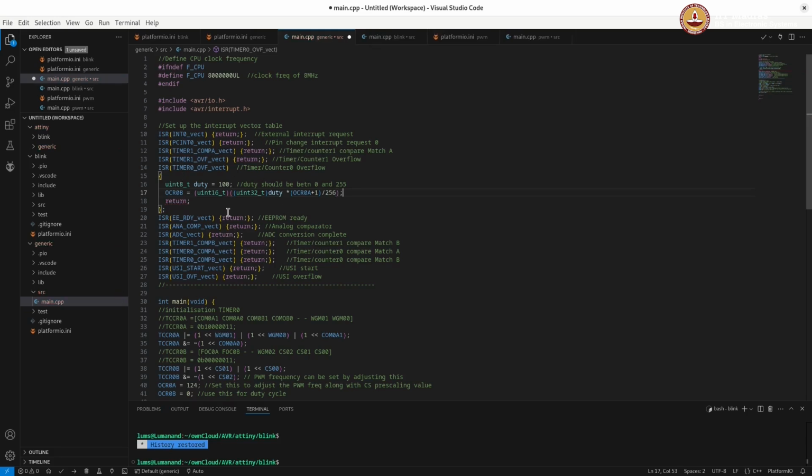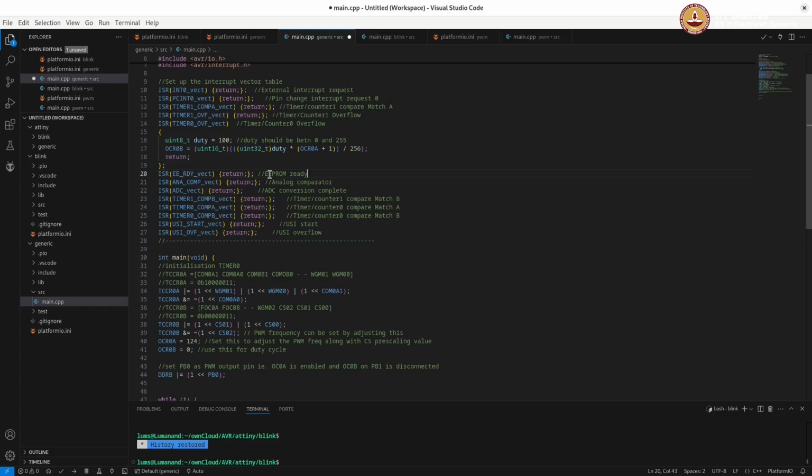Okay, you will have to match the brackets. See that the brackets are matched. Okay. So this will be a PWM